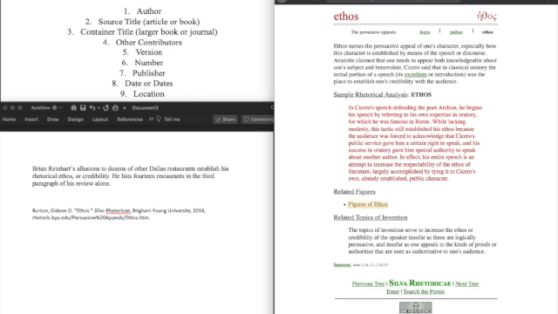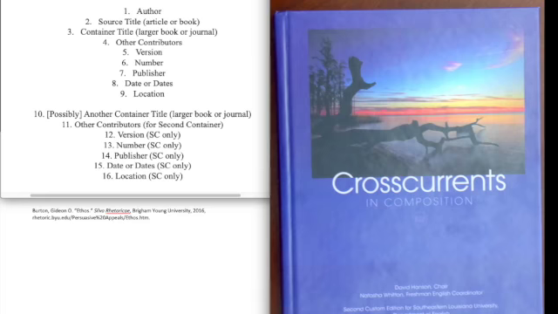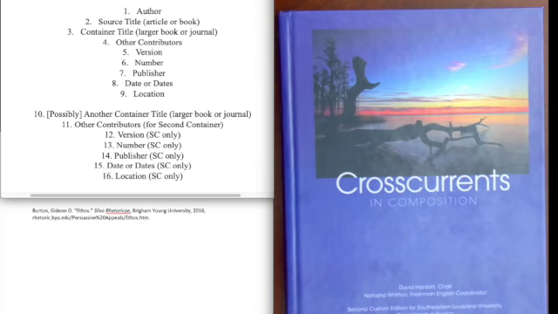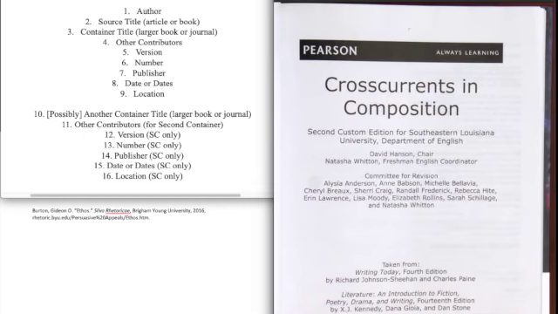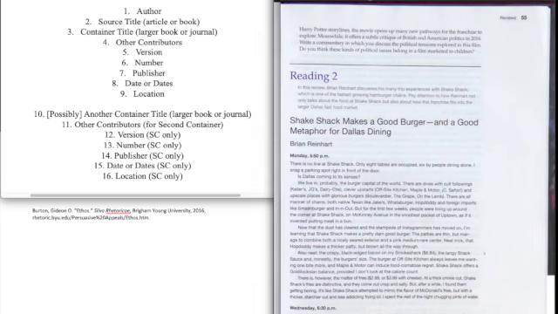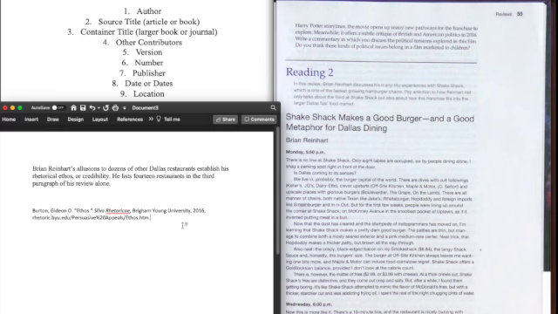Now let's do Brian Reinhardt's text. We found Brian Reinhardt's material in the Cross Currents in Composition textbook, which most of you watching this website probably have. You can get some pieces of information off the cover of the textbook, but it's usually easier to use what we call the title page, which is where the title and a lot of the other important information exists. In this instance, we also need to go very quickly to the first page of the article, because that's the page on which we know important things like the title and like the author of the article.